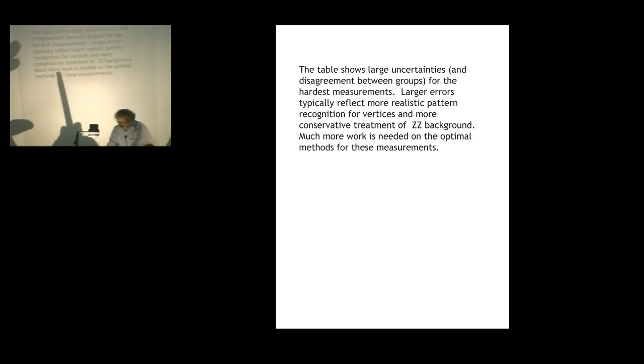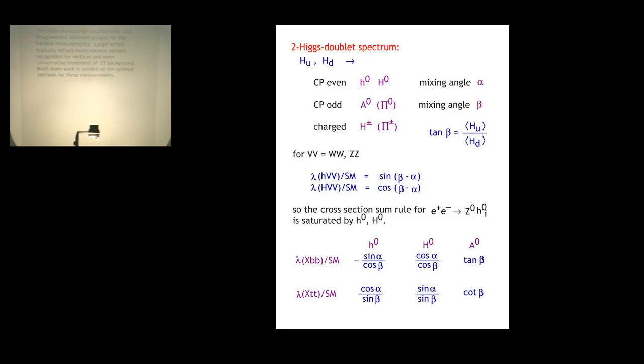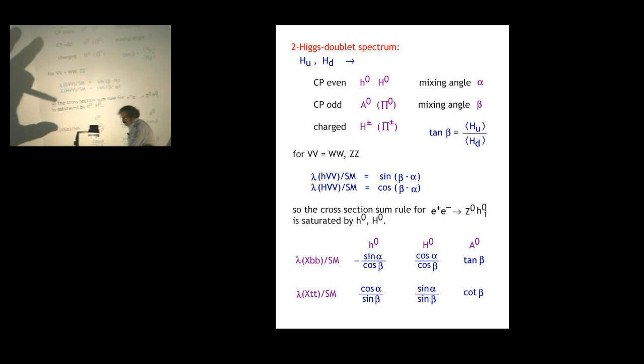Maybe I should also say that the Oregon group has a more conservative treatment of the ZZ background, and there's something still there to be understood as well. But it seems that much more work is needed in terms of the detector, the algorithms for reconstruction, the proper use of energy flow in calorimetry, and really what are the optimal methods for doing these measurements. Okay. Well, now there's unfortunately just a little time left, but let me say some things about topics connected to